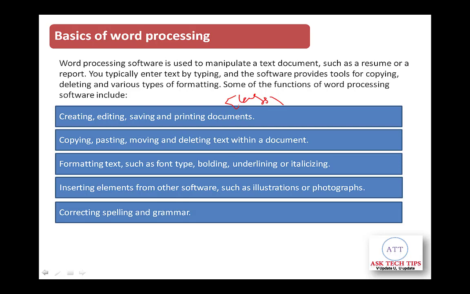Correcting spellings and grammar is really a good feature within the Word document. Commonly, when we type fast within the document, we may misspell something, and we would need to cross-verify.